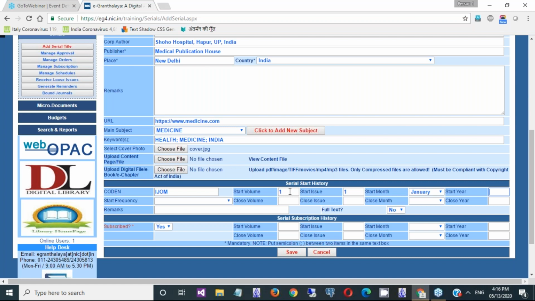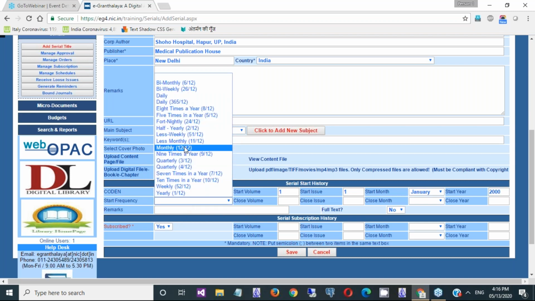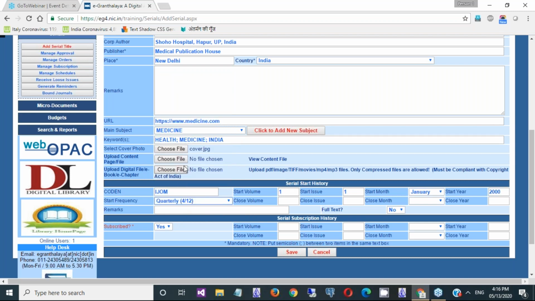It was started during the year 2000, and starting frequency, if you know, then you can select the frequency. If the magazine is later closed, sometimes when you close the subscription, then you can fill all these other fields given here.